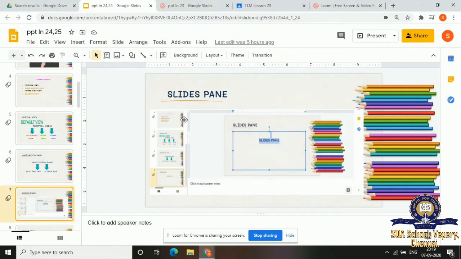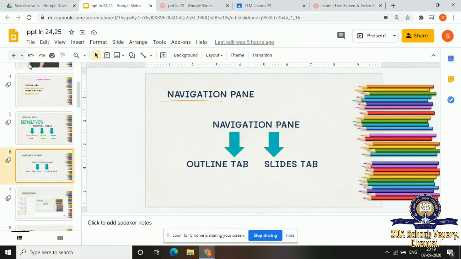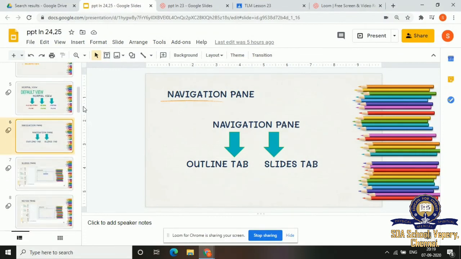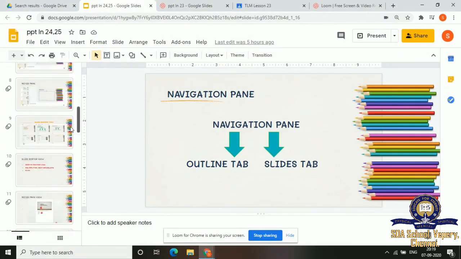So this is the outline tab and this is the slide tab. This is the navigation pane. This is the slide tab. Can you see all the slides here? So this is the slide tab and this is the outline tab.